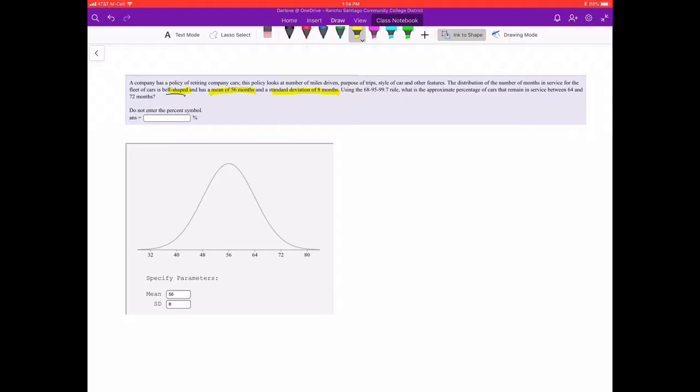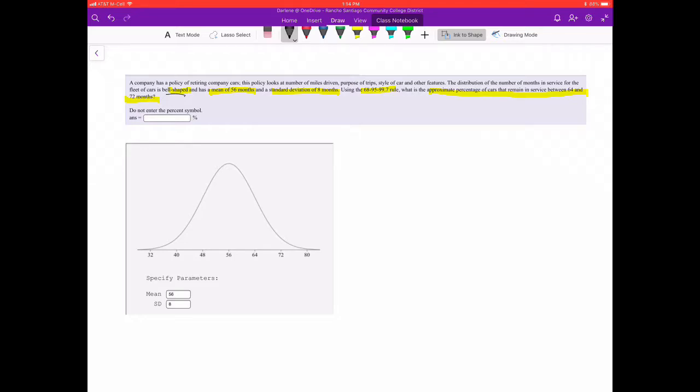Using the 68-95-99.7 rule, which is otherwise known as the empirical rule, what is the approximate percentage of cars that service between 64 and 72 months? So the first thing we have to remember is that the bell curve, when we draw it,